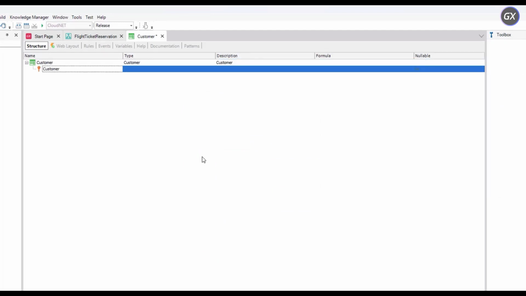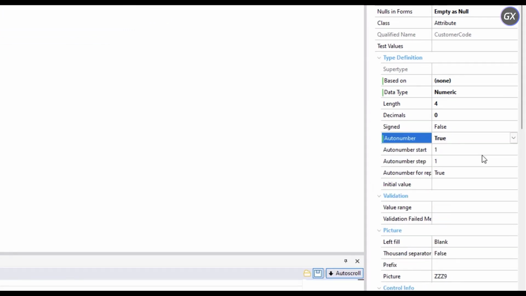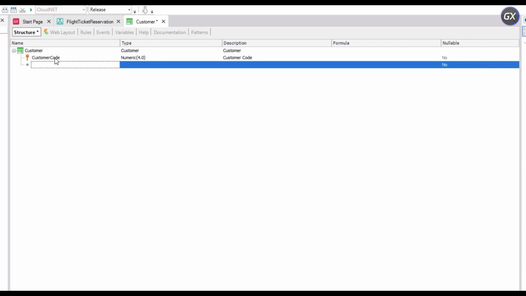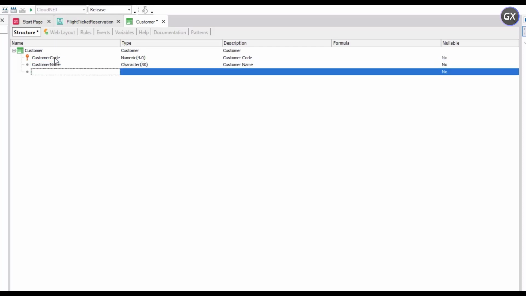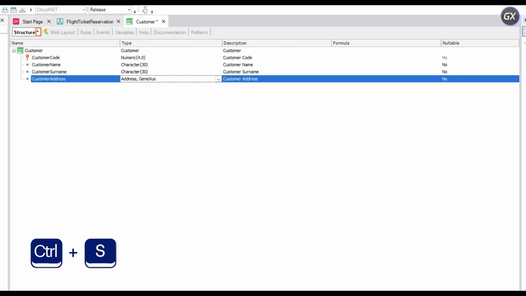We'll define the customer code field of type numeric 4, where customer code is a primary key and its auto number property is set to true. We add customer name, which will be character 30, customer surname, also character 30, and customer address of address type. When saving the transaction with Ctrl S, the asterisk displayed next to the name of the transaction in the upper